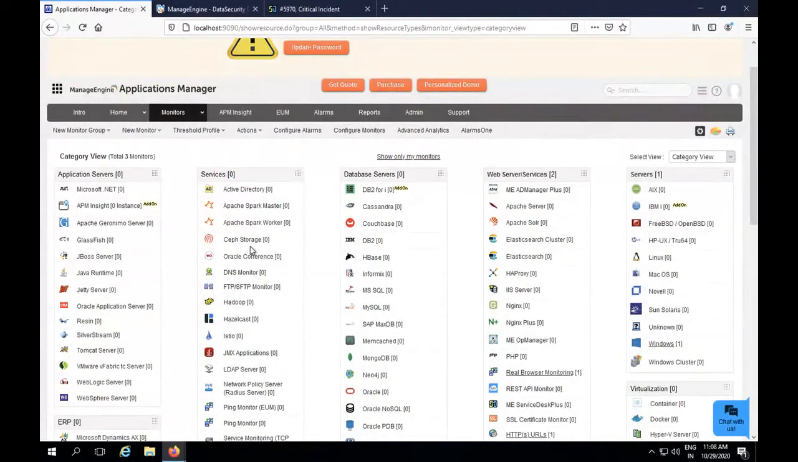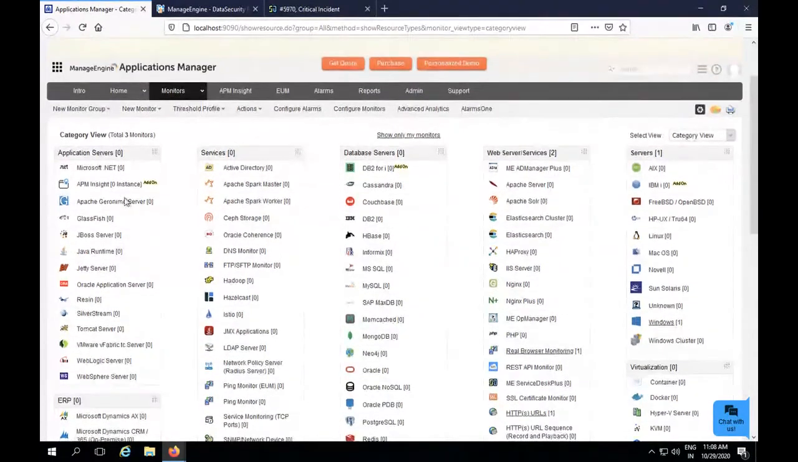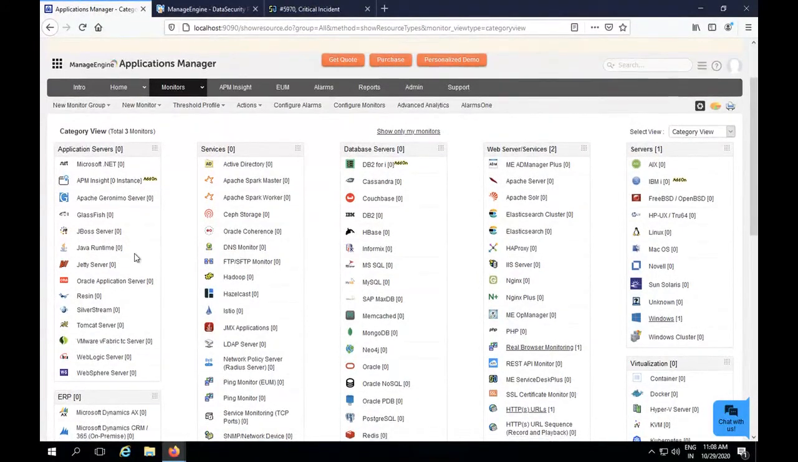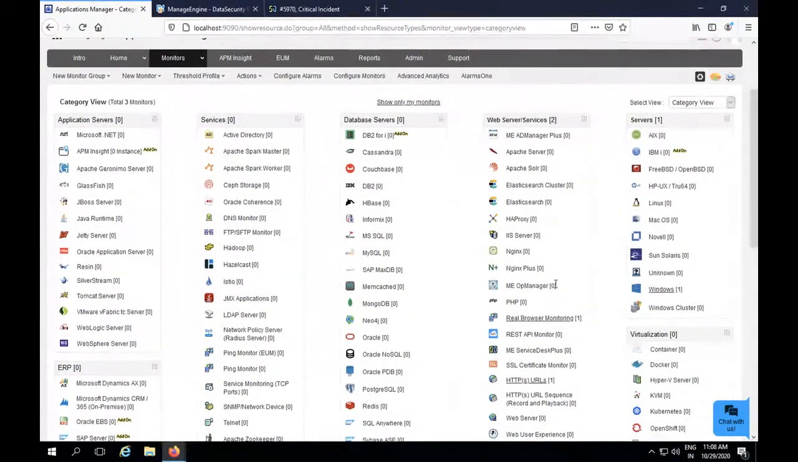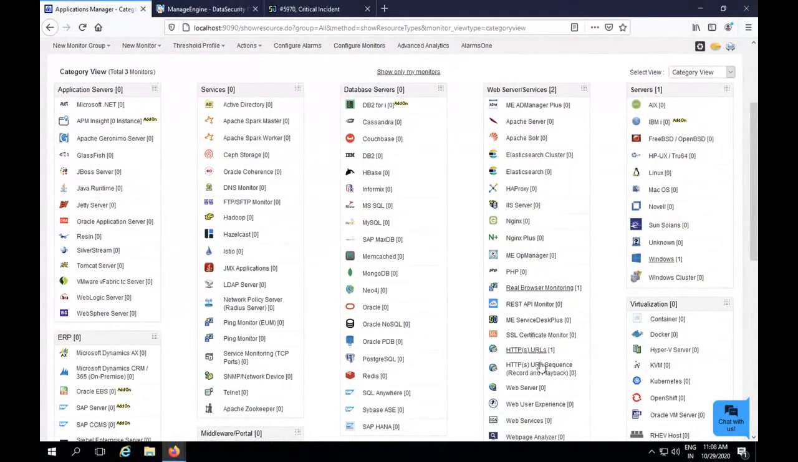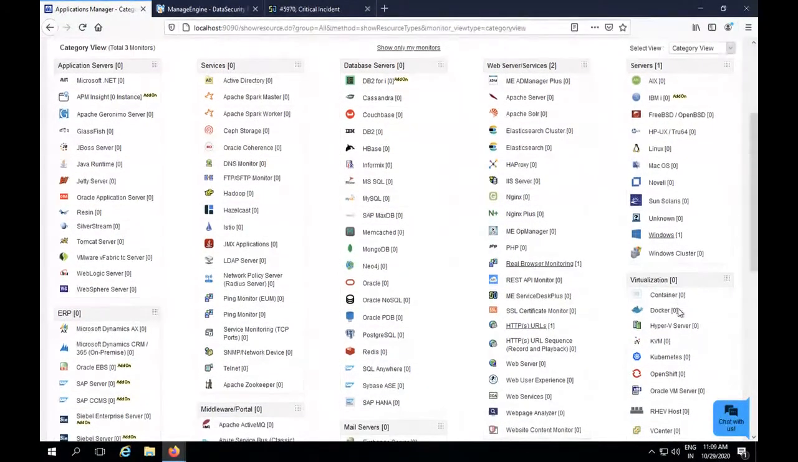For example, if you'd like to monitor the application server, Java or JBoss can be created as a monitor and you can monitor it individually. Right. Likewise, a database server. These are all the supported databases. If you have MySQL or MS SQL in the backend, you can create a monitor for the application and it will keep an eye on the backend separately. The web server can be monitored and the URL can be monitored for availability. All right. If it is completely hosted in a virtual environment like Docker or Hyper-V, it can be monitored